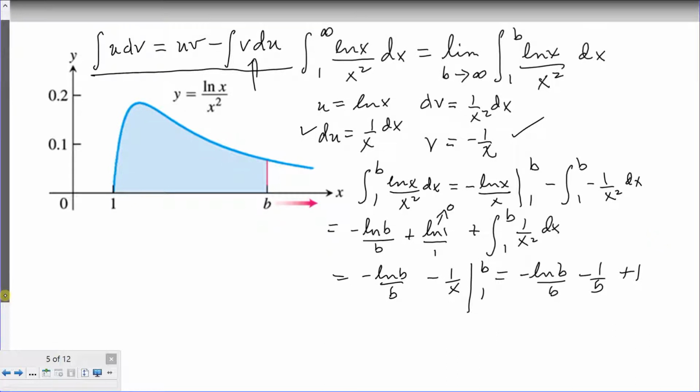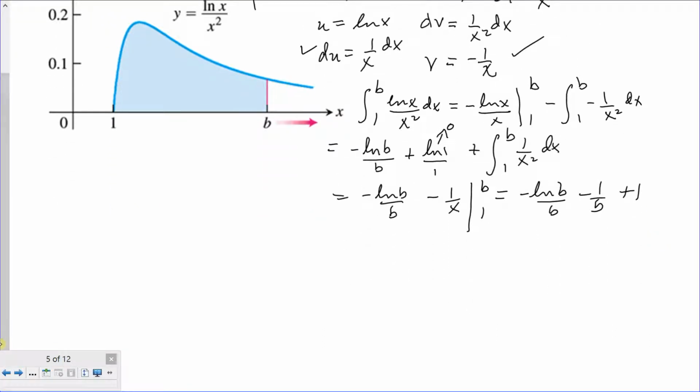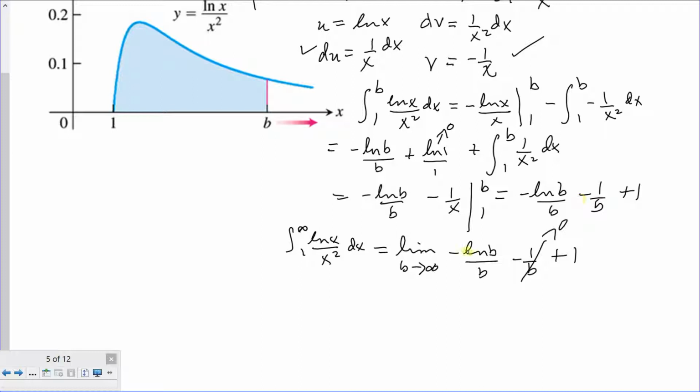Now we can say that the integral from 1 to infinity of ln of x over x squared dx equals the limit as b approaches infinity of minus ln of b over b minus 1 over b plus 1. Now, obviously, minus 1 over b approaches 0, and using L'Hopital's rule, we can show that minus ln of b over b as b approaches infinity also goes to 0,